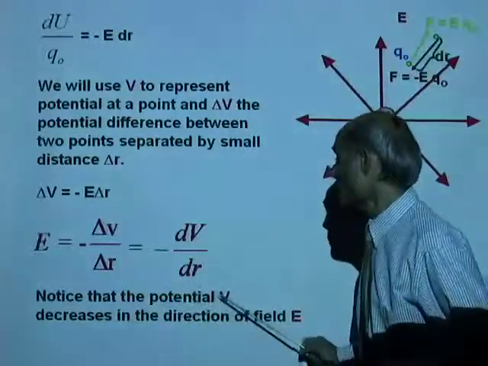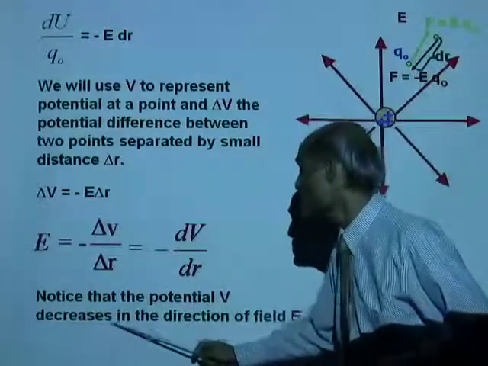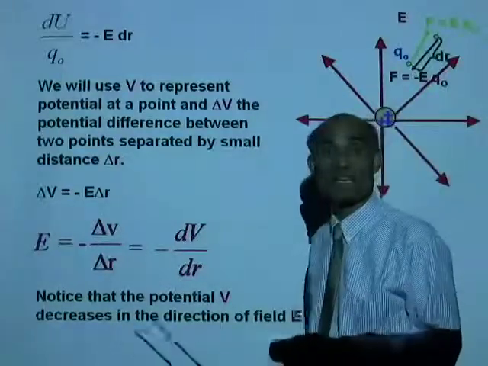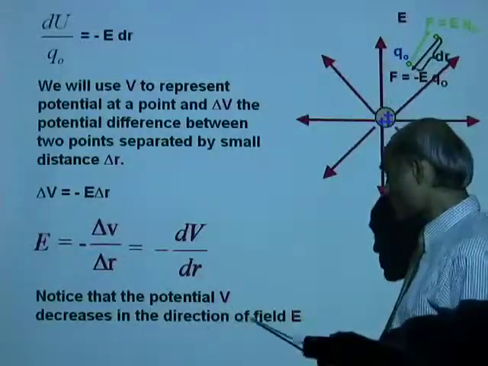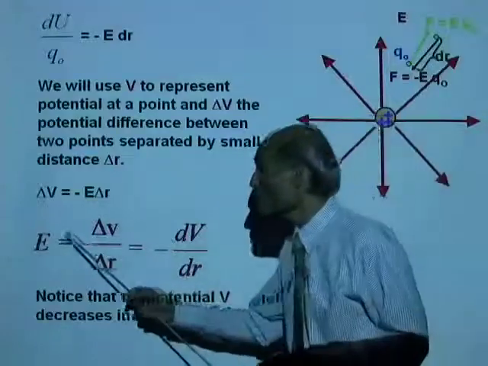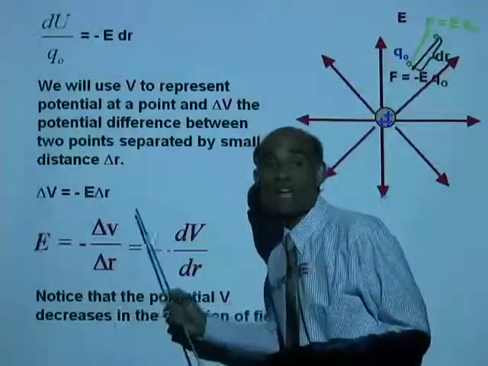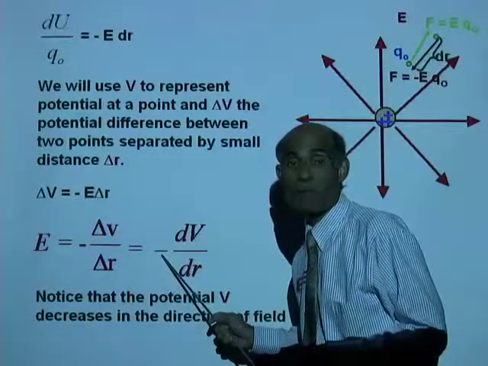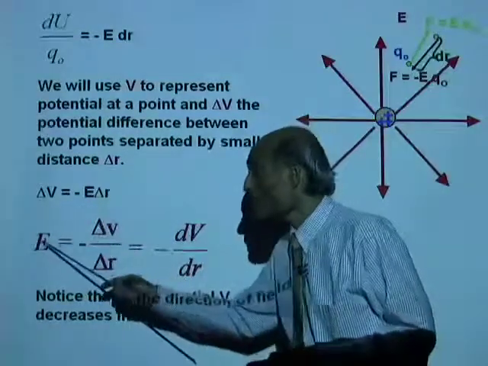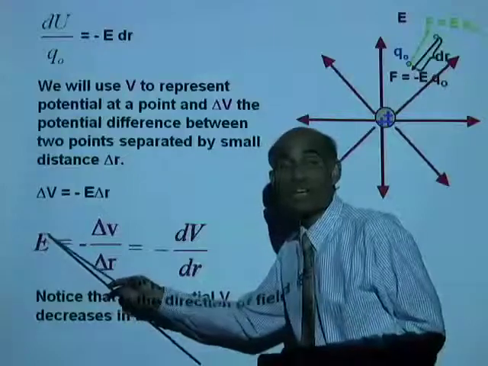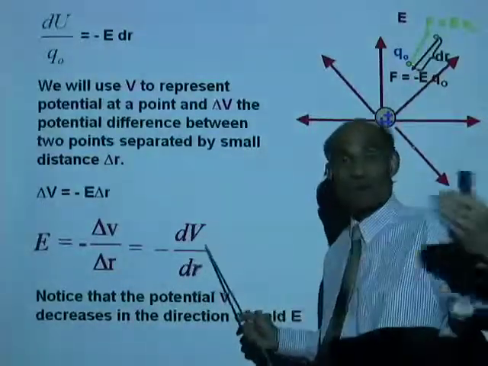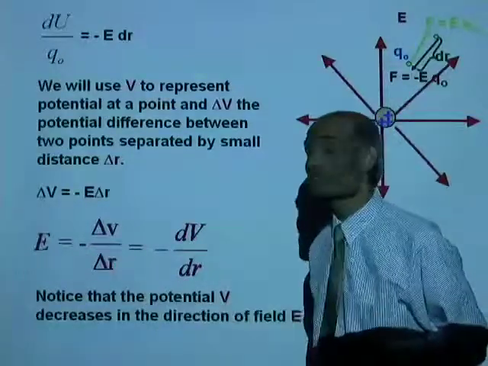Now notice that the potential V decreases in the direction of the electric field. You can see the E and V are oppositely directed. That means the direction of the electric field is the direction of decreasing potential. We talked about it earlier. E equal to negative dV by